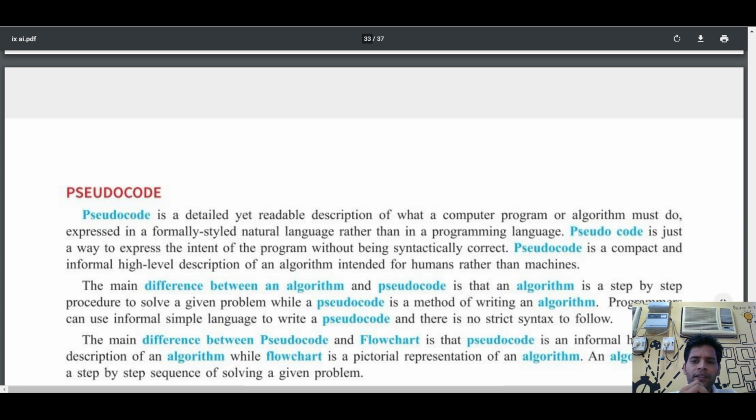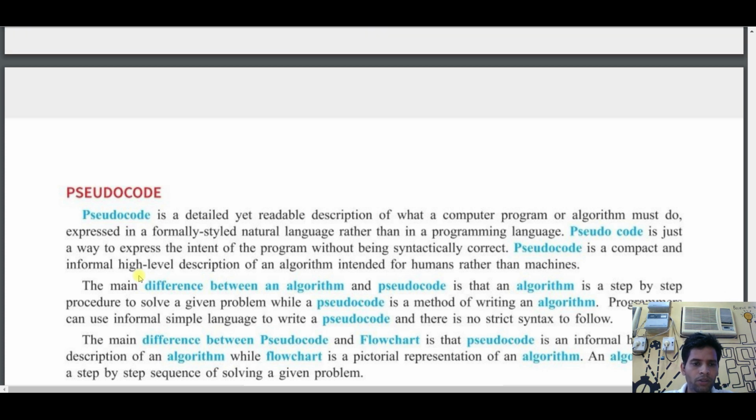But pseudocode is a readable description, which means you can write in your own language. Clear? So pseudocode is compact and informal. Informal means you are not going to write start, you just write open, close, in your own language in which you are comfortable. You can write your program.